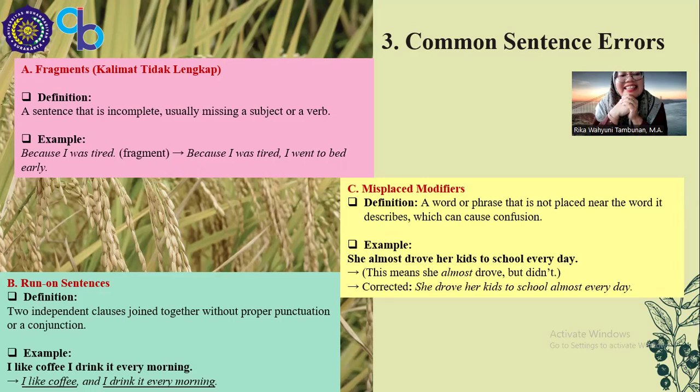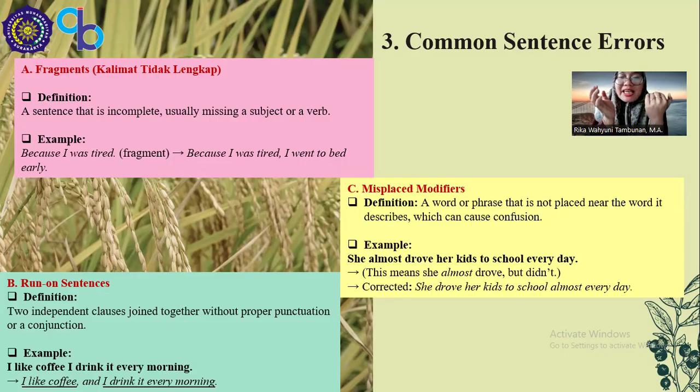Okay. Nice. Next we go to the second common sentence error. The second one is the run-on sentence. A run-on sentence happens when we join two complete sentences without proper punctuation or conjunctions. Okay, punctuation or conjunctions. The example: